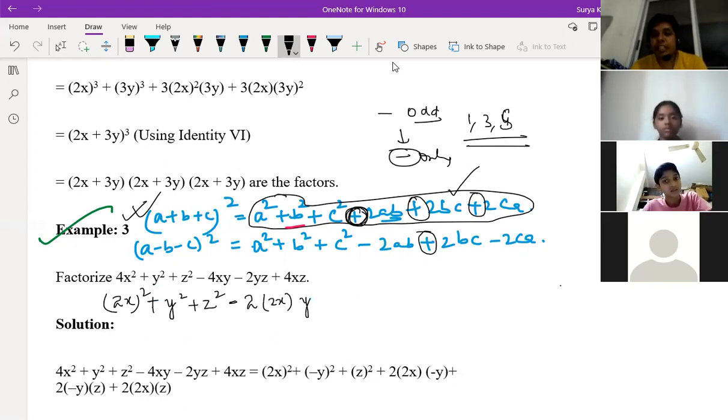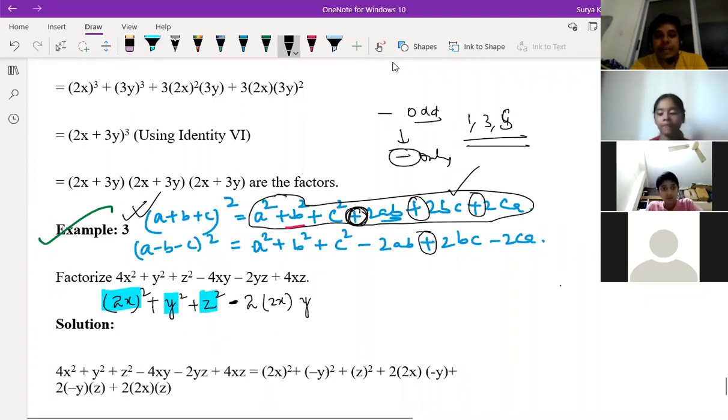Wait. Think in your mind and just match what we are doing. Sai Charan, keep it in your mind, write it somewhere. After solving, you'll get to know. Just match your answer with this. Yes, it's like the third one, sir, which we did before. Let me check. So is this step clear or not? First three, you have no doubts. You have to make it a whole square. Next, minus 2xy, because the minus sign is given here.